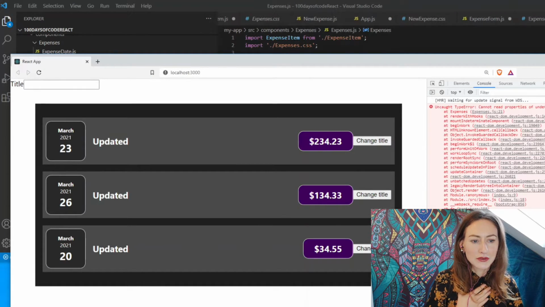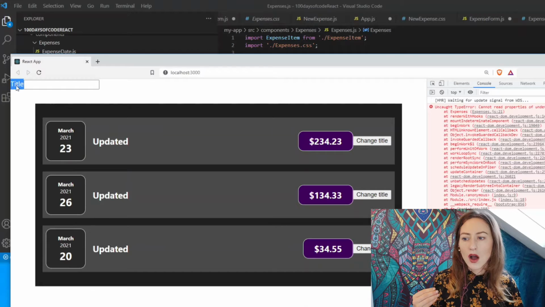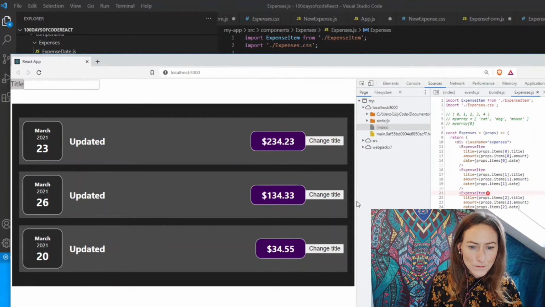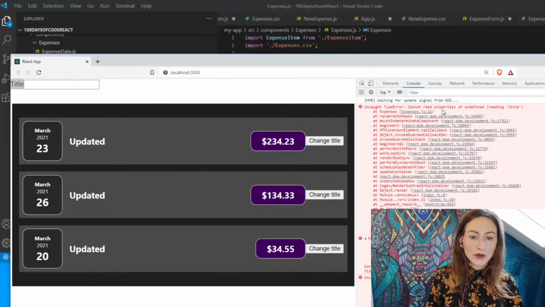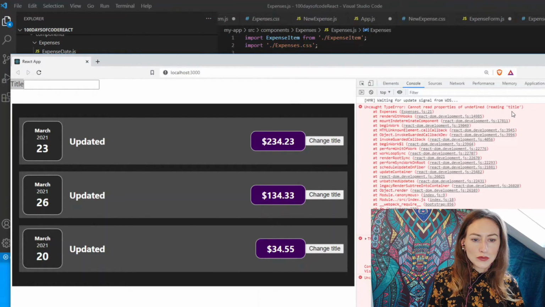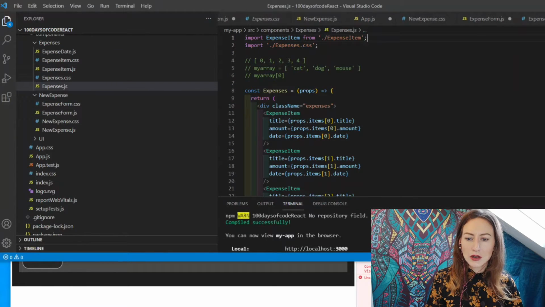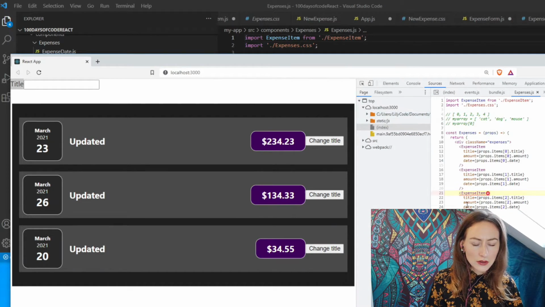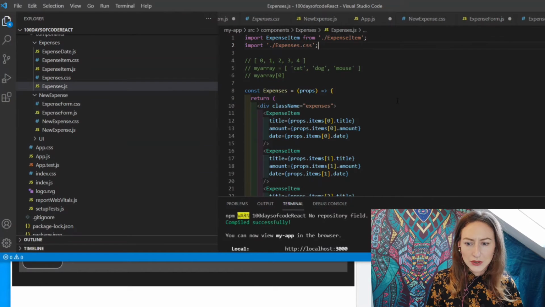Type error. Cannot read properties of undefined reading title. Let's see where this is talking about. Okay, so we're back here. So it's telling me that what's coming in at this position is undefined. So let's just click on this. Yeah. So line 21. So down here,